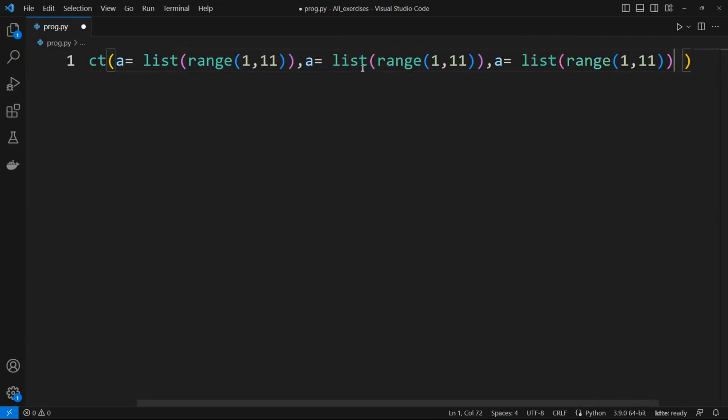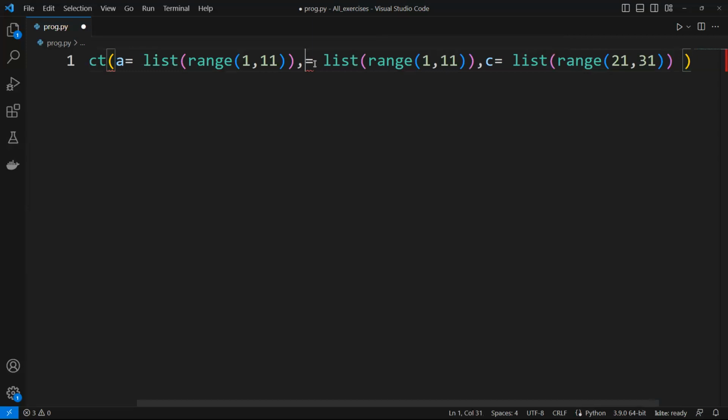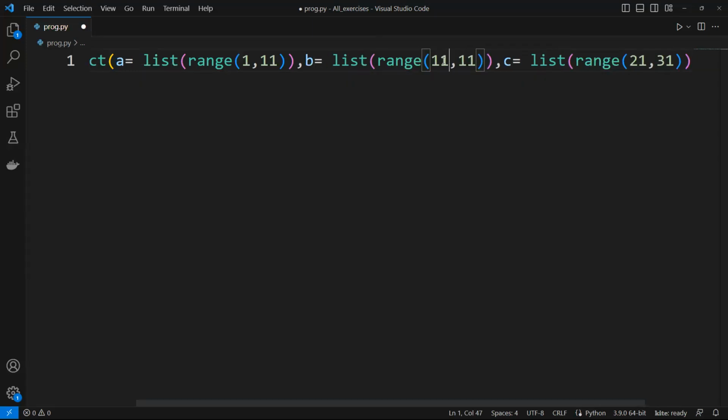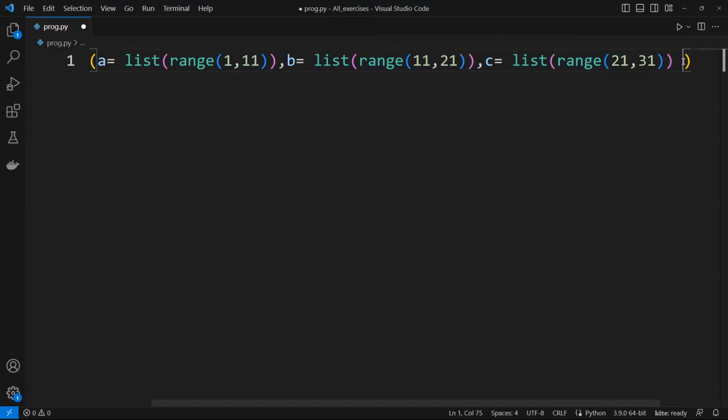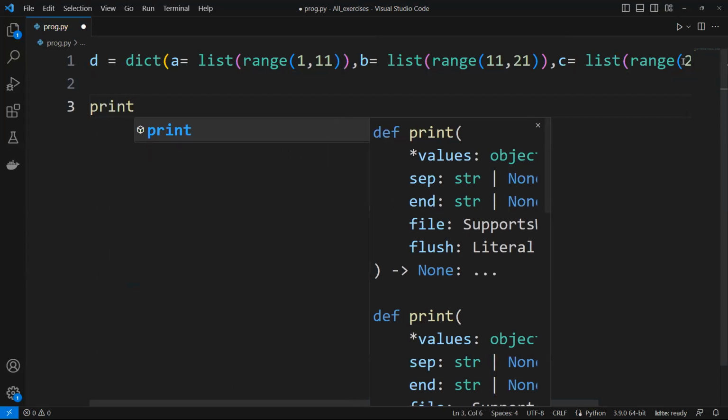Okay, so now in C we need till 31. Okay, and that need to start from 21, and this will be our C. Okay, and this will be our B, and then this need to start from 11 and need to go till 21. Okay, so in this format if we try to write down, then it will create list for us. And if I try to now print D,